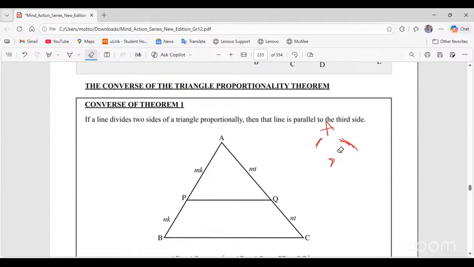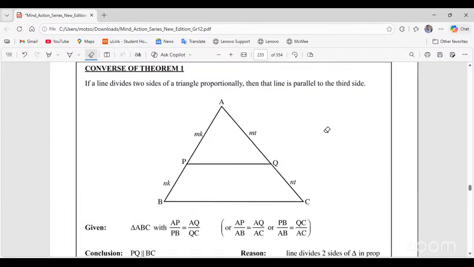So now let's go to the statement that is stated by this theorem. They say if a line divides two sides of this triangle, and we can see that this line divides two sides of this triangle, it divides them proportionally, then that line is parallel to the third side of this triangle. Fine. Now, let's say in this triangle ABC,